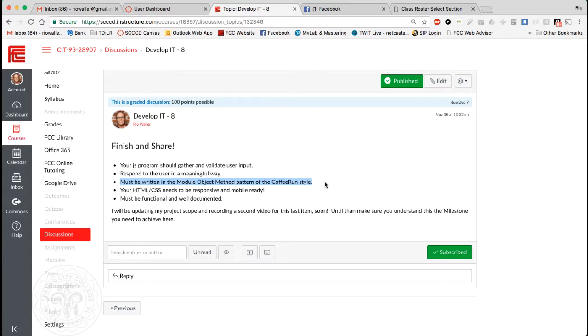And I've said this before, but I'm going to say it again. You need to have implemented something beyond or different than the functionality of the coffee run. If you're just taking the coffee run functionality and making it a different type of data capture but using the same functionality, you will see a decrease in points, so just know that that's the case.